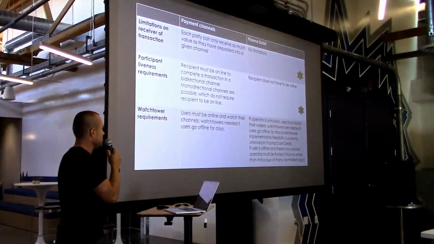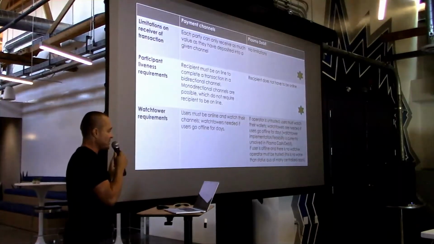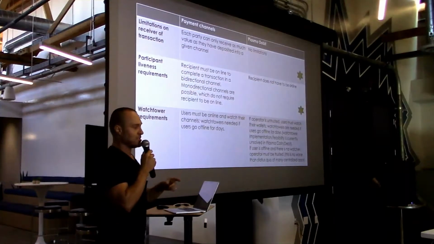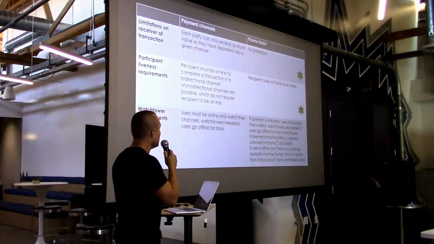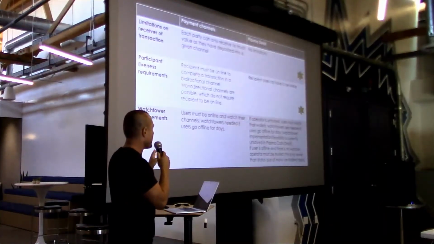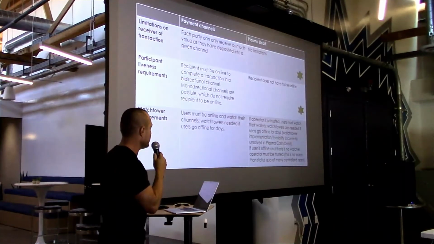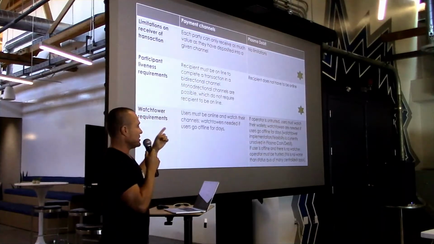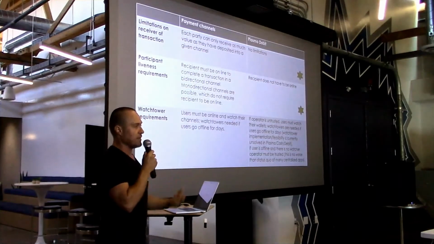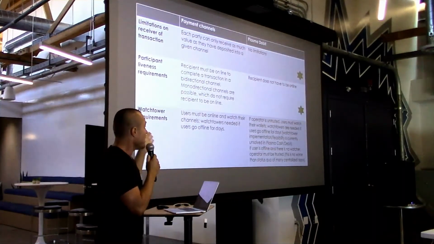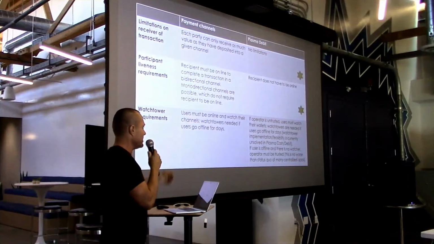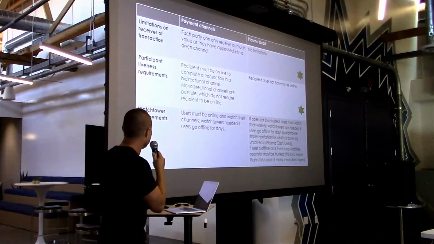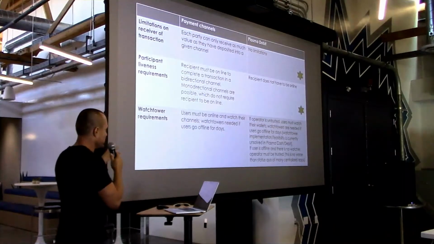Participant liveness, so the bidirectional channels, which is what most implementations are in state channels, both parties have to be online. If Alice wants to send Bob money, Bob has to be online and sign off on the transaction, or you can't have a transaction. You can do omnidirectional channels, which don't require that, but most implementations are bidirectional. And with Plasma Debit, the recipient does not have to be online, so you don't have to be online for me to send you money. So that's a potential benefit of Plasma, depending on your application, how big of a deal that is, but Plasma gets a gold star there.